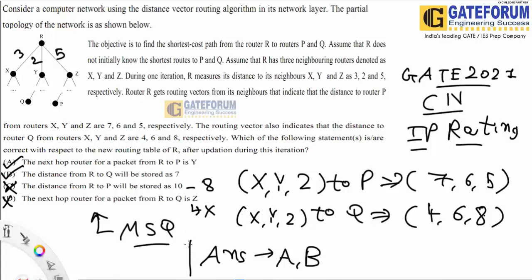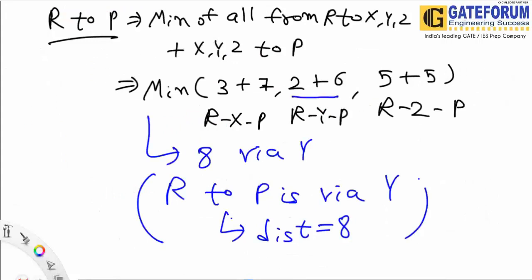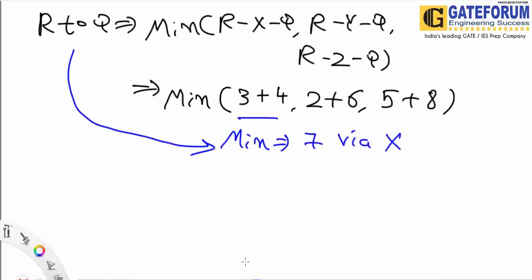It's a very simple question, friends, in which you are straightaway given the distance from router R to each and every router which is connected, and from that router to all the other routers. Okay, so based on this, we just need to calculate the sum of them and find the minimum one. Okay, so always remember the distance vector